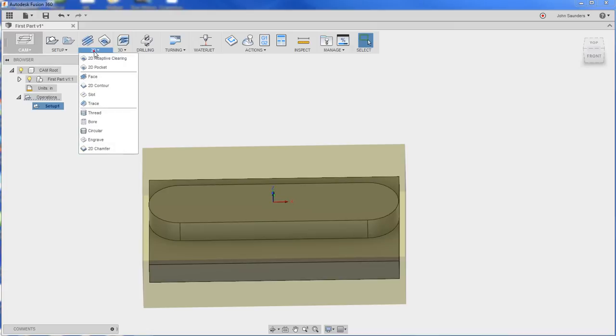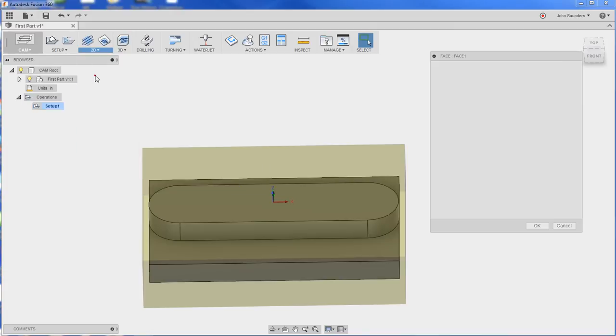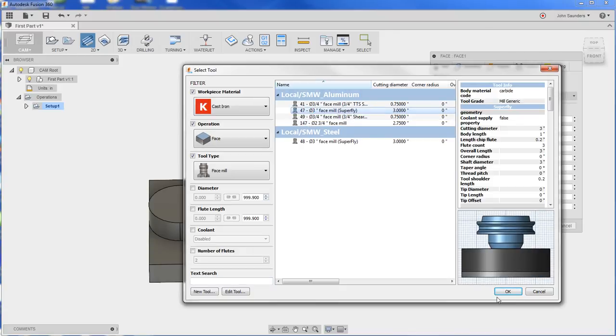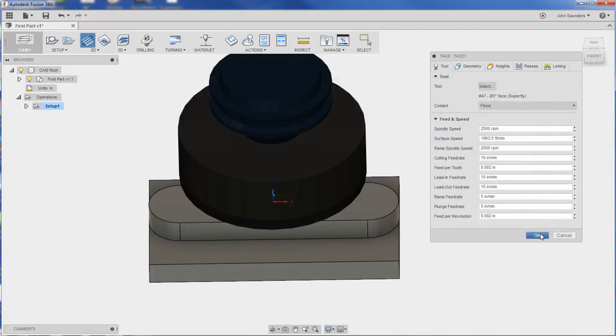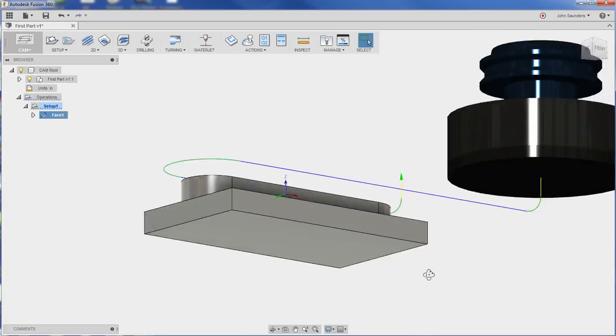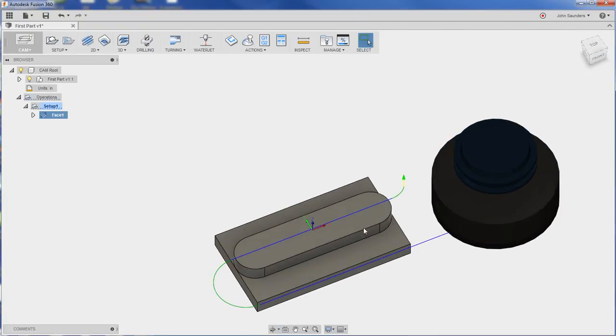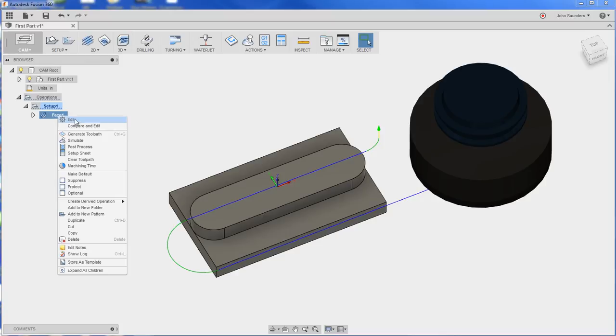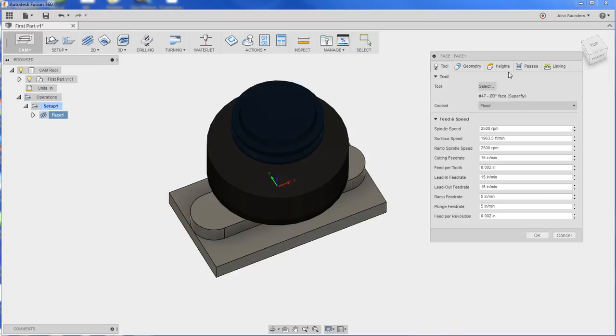First thing to do, 2D face. We'll select tool 47, click OK, and you can just click OK. We should get a toolpath. The only thing we wanted to do was just to make sure that the face mill clears the whole part, all the material. I'm going to right click, edit, and under geometry, which is the second tab,